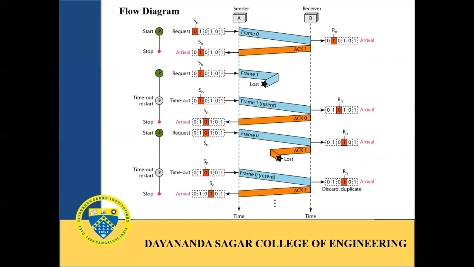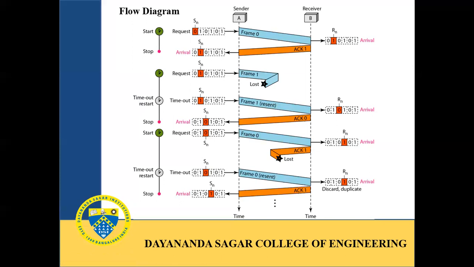Now suppose there is a problem in the physical layer, then what happens? The second case is, if a frame is lost, what happens? In the next case, the frame 1 is lost. If 1 is lost, the receiver doesn't receive it, so it doesn't give any acknowledgement. Then in the sender node, the timeout happens. So this means that the sender realizes that there is some problem in the physical layer and the frame has not been received. So it will resend the same frame once again. Now the receiver was expecting the frame 1, so it gives the acknowledgement telling that it requires the next frame, that is frame 0.